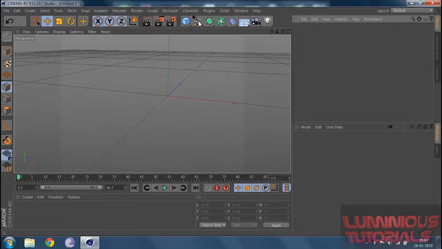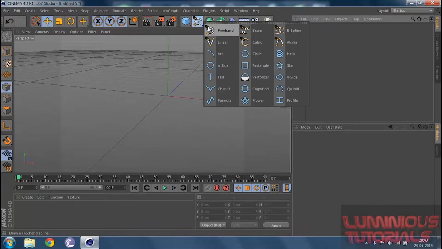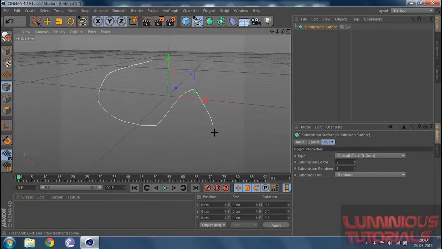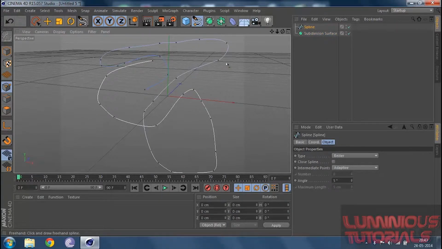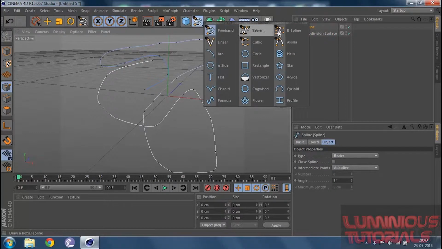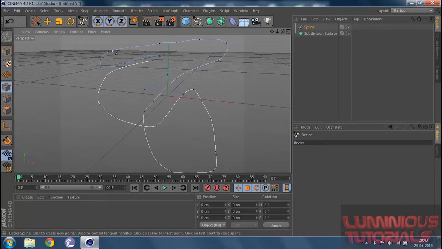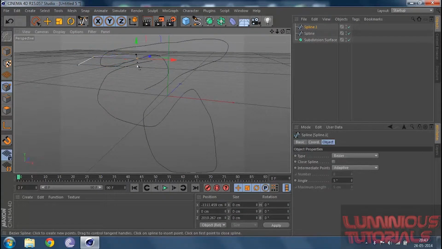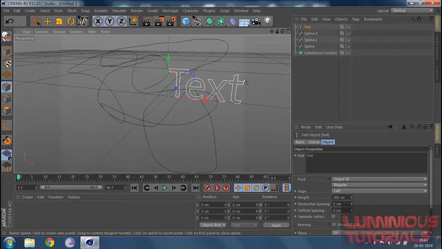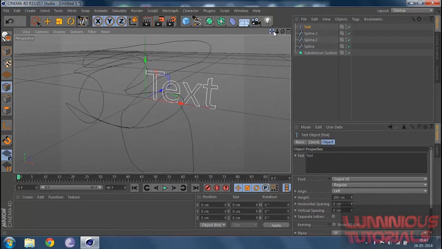Let's go ahead and delete this. And we've also got something called the spline tool or the freehand tool. So using a freehand, I can make a freehand drawing like this. It's just to give you a basic idea, and this might also be similar to Photoshop. Also, we've got the spline tool. I mean the Bezier. I'll rather explain it with Bezier. Similar to Photoshop if you're a Photoshop user. So this is how the Bezier works. And we've also got a text.